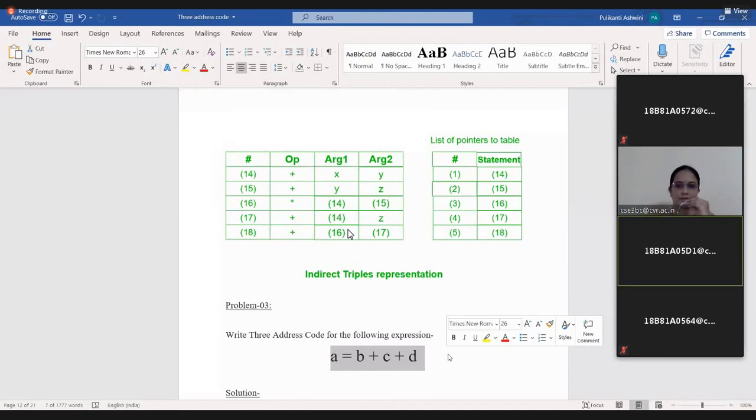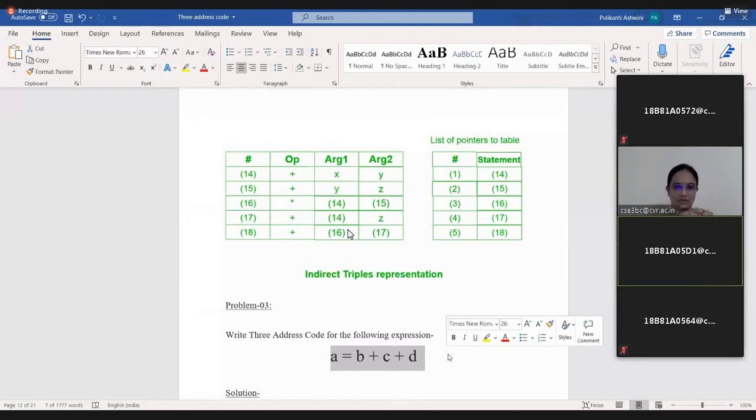Ma'am, in indirect triple representation, in this problem, is the assignment operator also an operation, like A equal to B plus C plus D? Yeah. Finally, it will consider even the assignment operator as an operator. For a copy statement, which operator are we going to use?